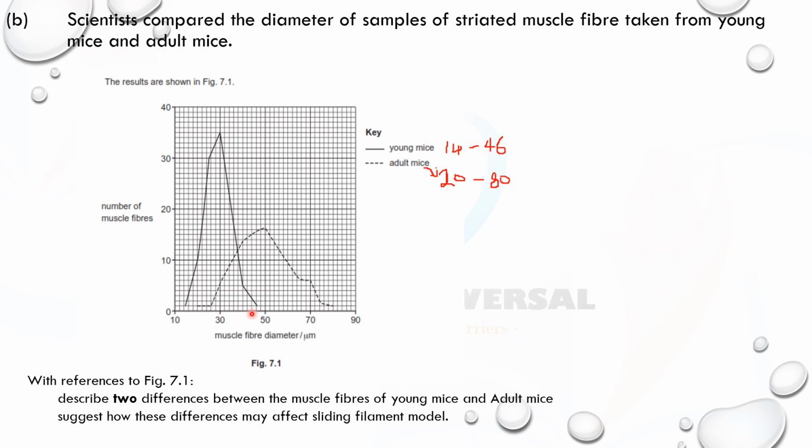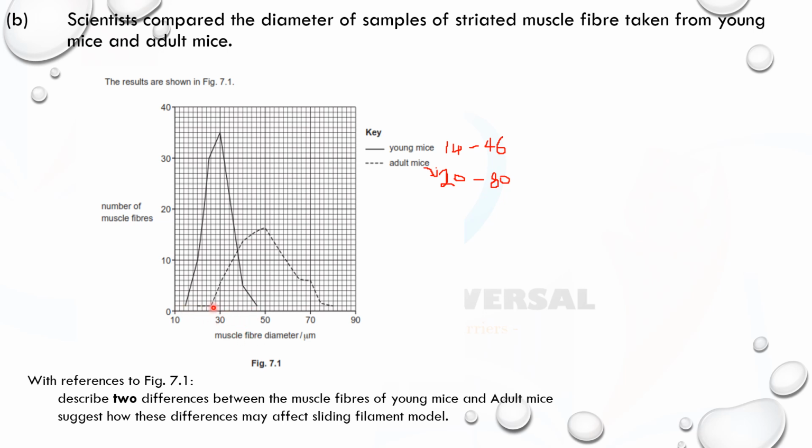See the range: the diameter of the muscle fiber is small, very small, 14, and the highest is 46. If they have smaller diameter, that means they will have fewer myofibrils,